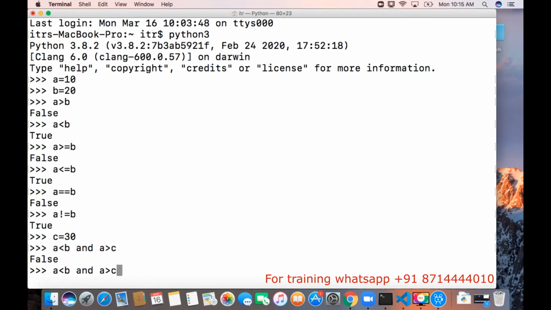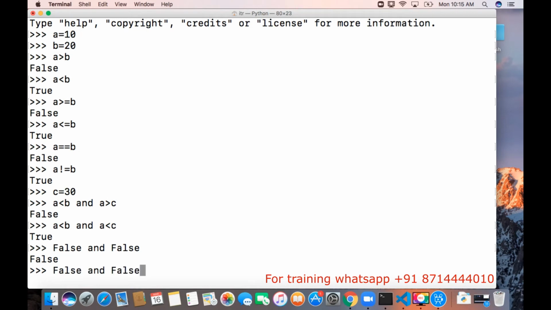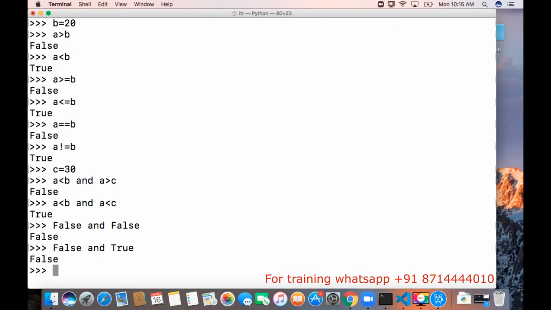Okay, so if here a less than c, then this is true and this is also true, then we should get true. Okay, to understand and better: false and false, it will be false. False and true, it will be false.